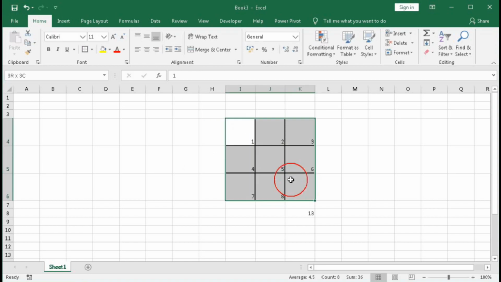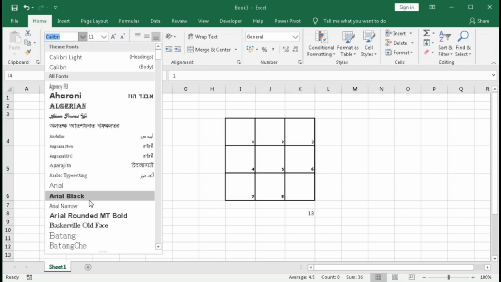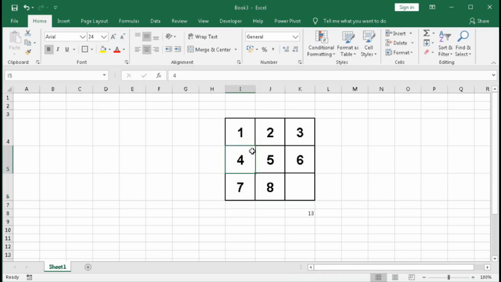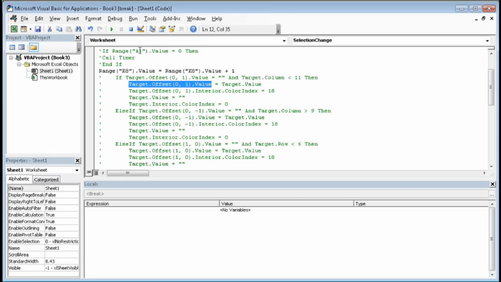So select this one, then make it bold, take Arial, make it middle center. Okay. Now I have to check this one. So again click here. Now the code is running. So remove this one.